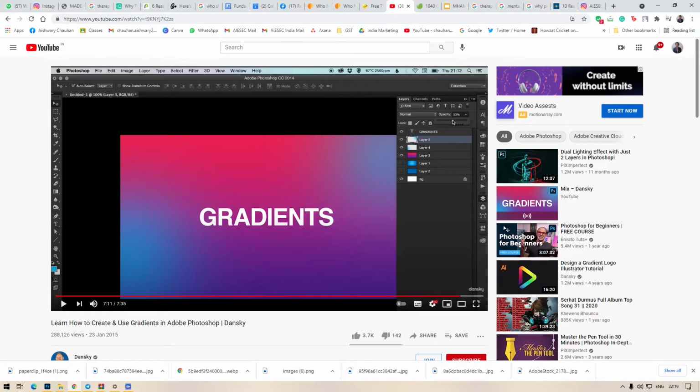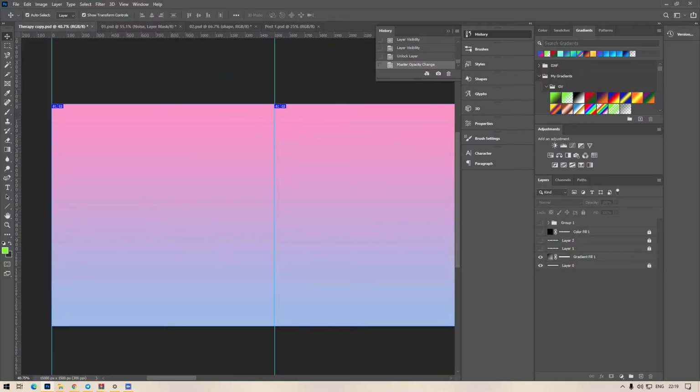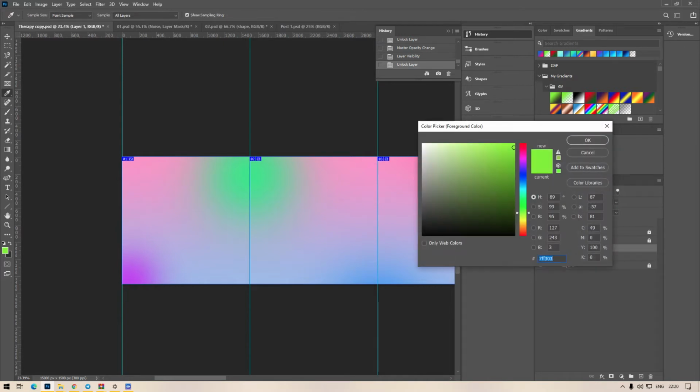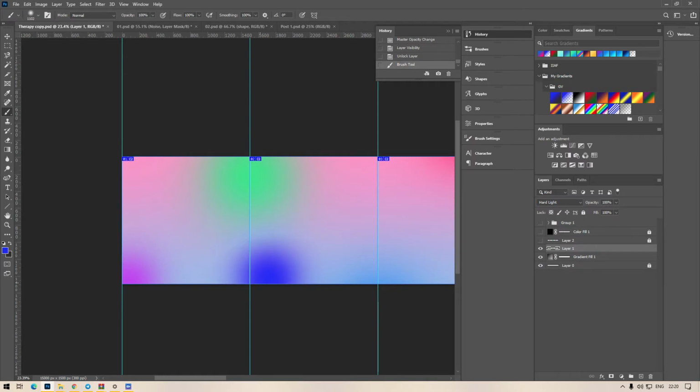I was going for something similar like this, and so I created a new layer using this new layer button on the bottom right, which has the little plus sign, and then using the brush tool I just created all these different color layers. So if I want to create, let's say, a blue color, I can just do this and it will create a blue color layer for me. So this was the very simple way